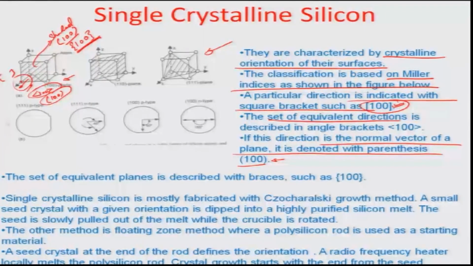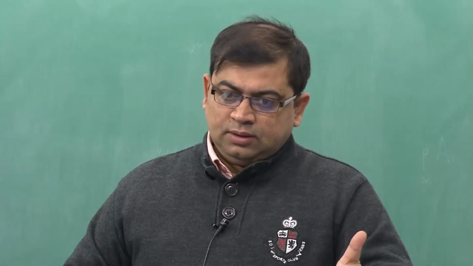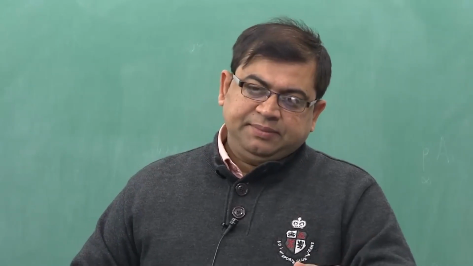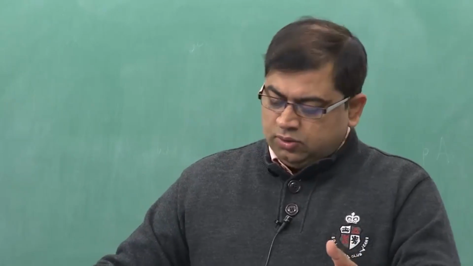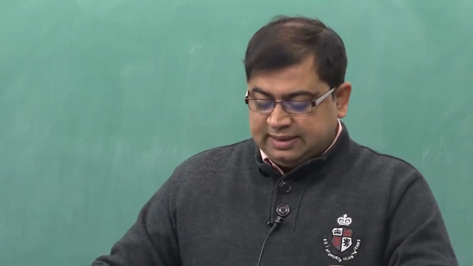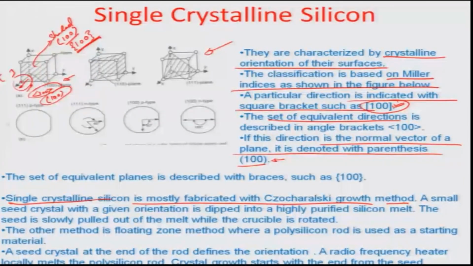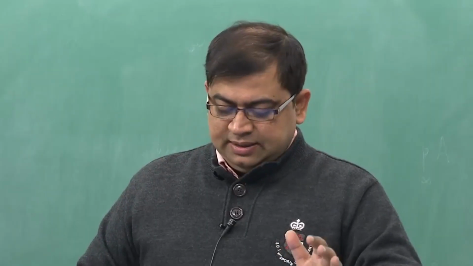The single crystalline silicon is mostly fabricated with Czochralski's growth method, and I am going to touch upon this method and try to do some thermal model to illustrate what are the operational parameters which need to come out, particularly while growing such a matrix of highly purified silicon material. The other method is obviously the float zone method, which we will maybe discuss later on, where there is a polysilicon rod which is heated and converted into a single crystalline material, but we will start with